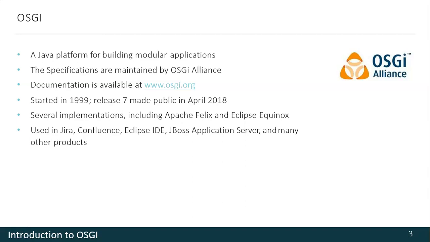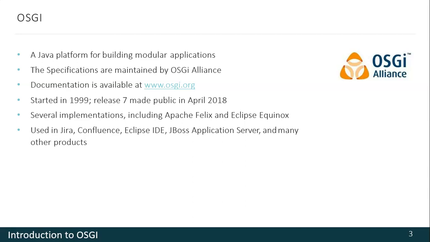More precisely, OSGI is a set of specifications that define the organization of application modules and the runtime environments for the module execution. Those specifications are maintained by an organization called the OSGI Alliance. Many important software companies are members of that alliance. The top level members include Oracle, IBM, and Adobe.